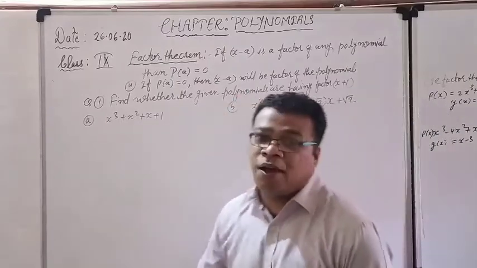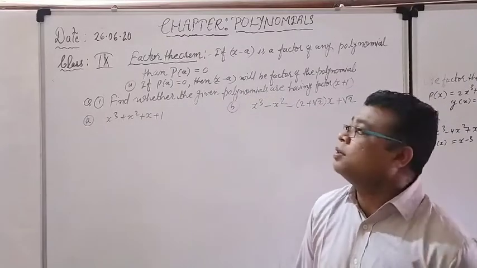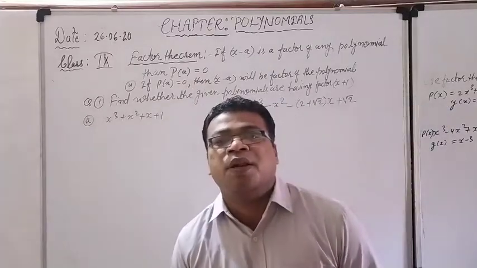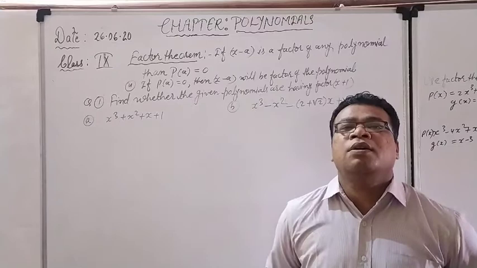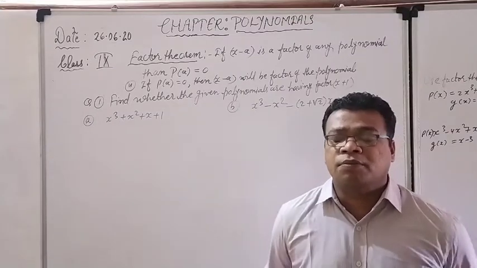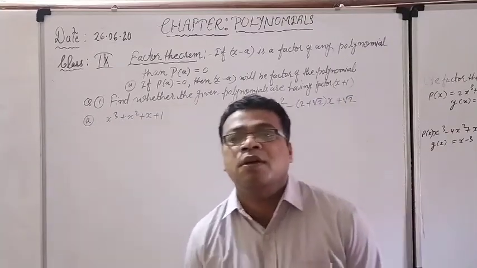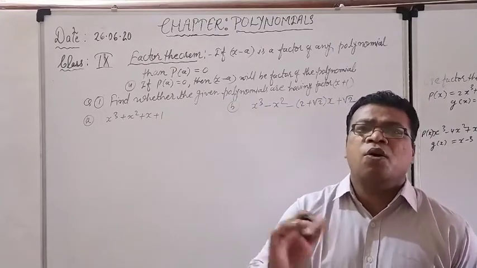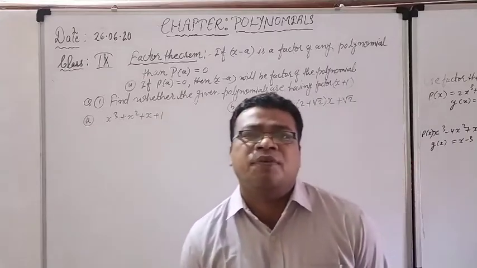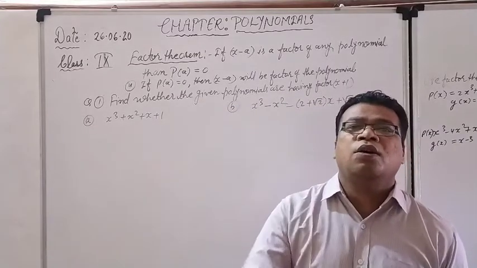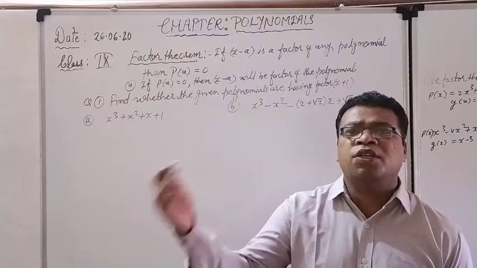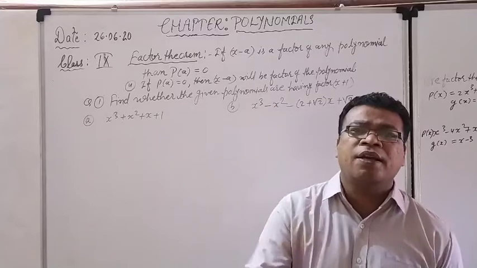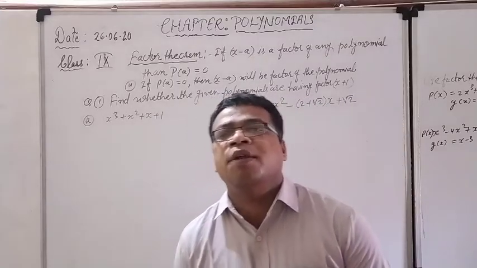Listen here. We are working on chapter number two, that is Polynomials, and it is for class 9. And in the same series, wherever we have reached, in my last lecture we talked about the remainder theorem. We were finding the remainder, and for that we only have to equate the value of the variable to zero. Means first we have to find the zero of the polynomial, and after that we put in the value of the variable that we were equating, and we were finding the value of the remainder that we have seen.